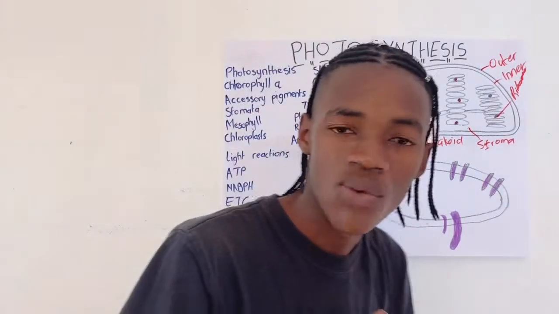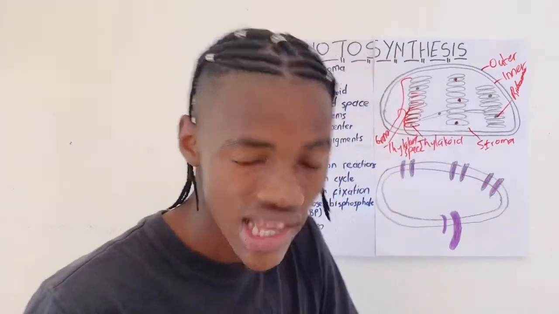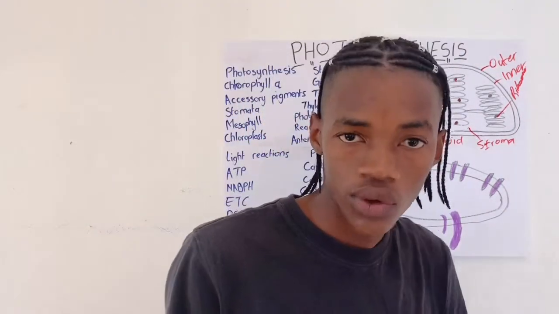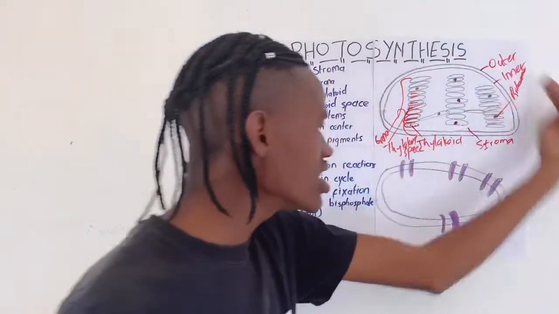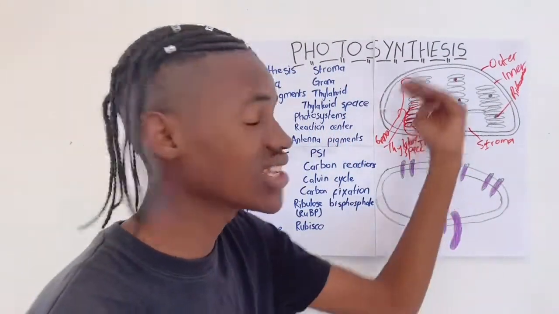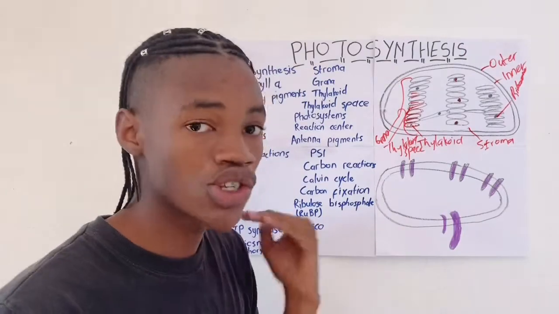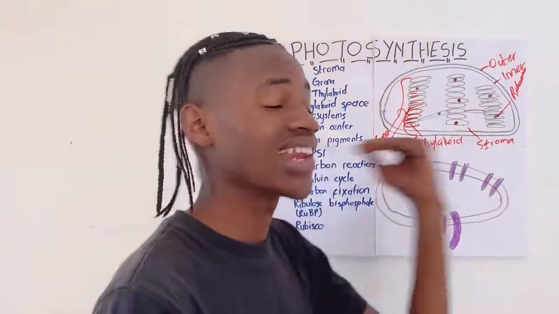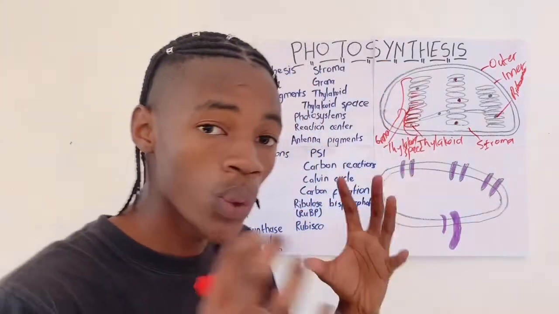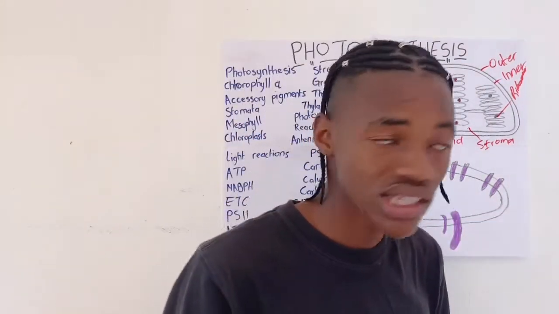Ribosomes are responsible for manufacturing proteins, and they also aid in photosynthesis. Okay, and then that is our thylakoid, that is our chloroplast. Our chloroplast is the organelle that is responsible for photosynthesis. It has two membranes, an outer membrane and an inner membrane, which protect the cell and separate it from its